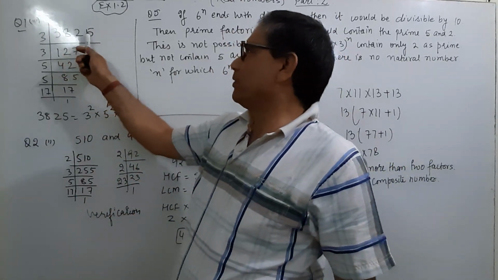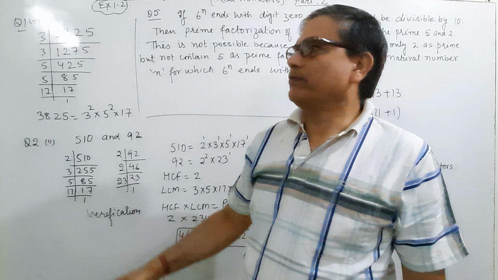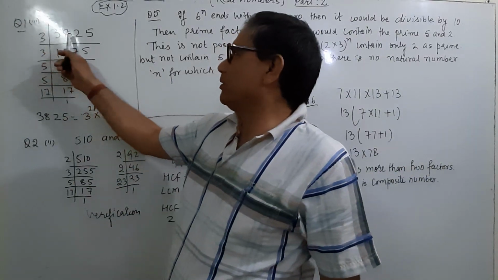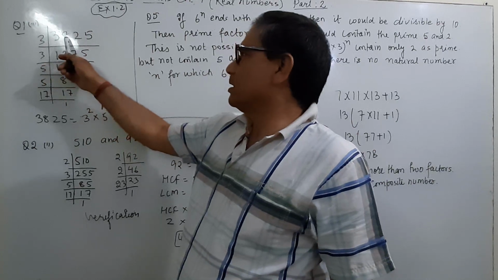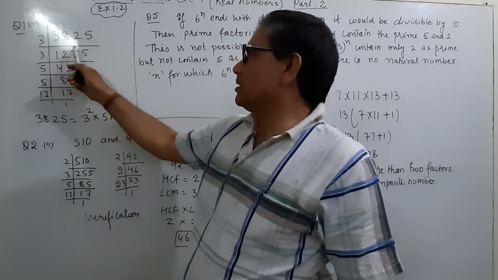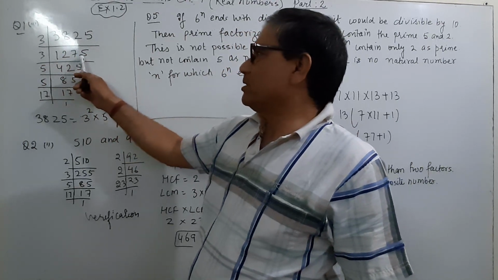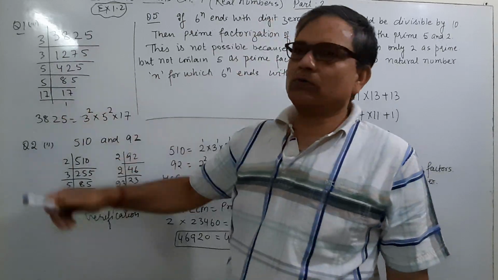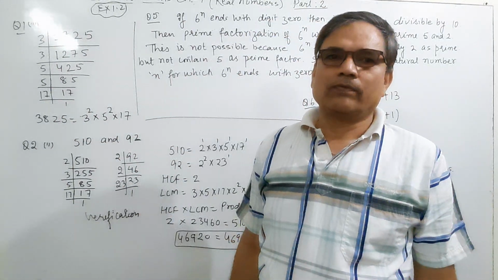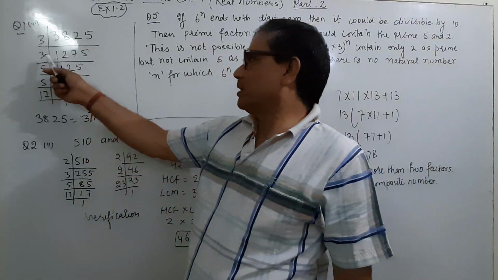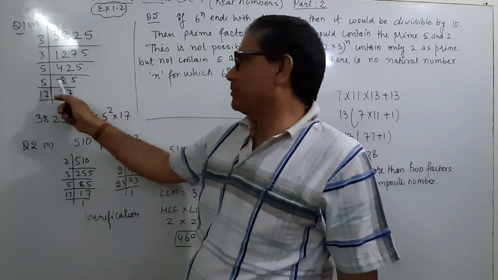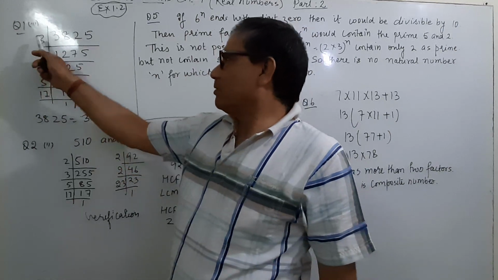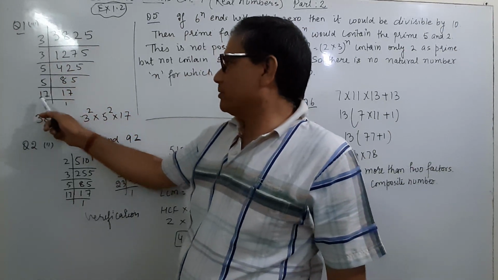3825. Then we have to find the factors of 3825. We have to divide it by 3. 3 1s are 3, 3 2s are 6, and here is 2 or 1. 3 7s are 21. 1 is left. And this 5, I think you know very well how to make its factors, which you have done in 9th class and 8th class also. 3 4s are 12, 3 2s are 6, 3 5s are 15, 5 8s are 40, 5 5s are 25, then 17. And now 3 into 3, 5 into 5 into 17.